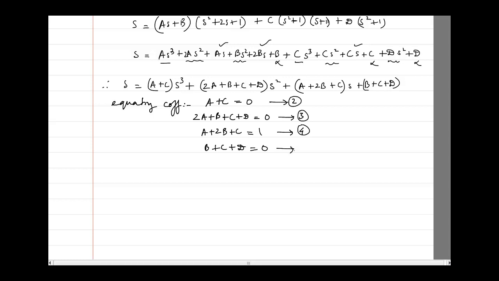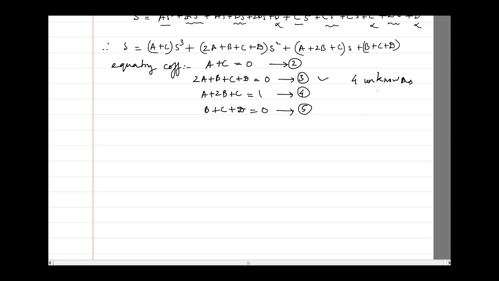Okay, so this gives us the fifth one, which is this option. Out of which, directly from 3, there are how many unknowns? A, B, C, D, 4 unknowns. And we are having how many equations? 4 equations. So it can be solved. But the only problem is we cannot use the calculator because there are 4 unknowns.